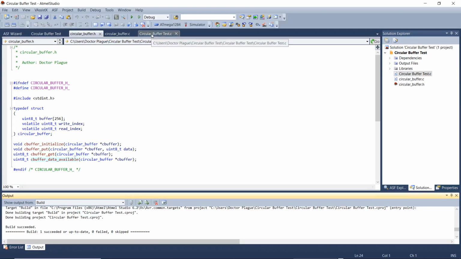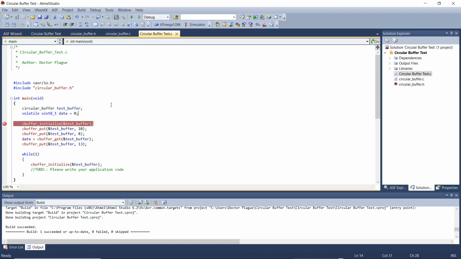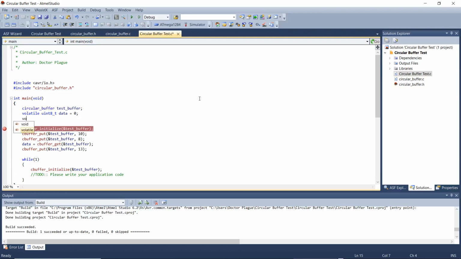Now let's test out our final version of the circular buffer functions. I'll add another variable to store the number of available stored values in the buffer, and I'll initialize it to 255 so we can see it change back to 0 before any values are stored in the circular buffer.